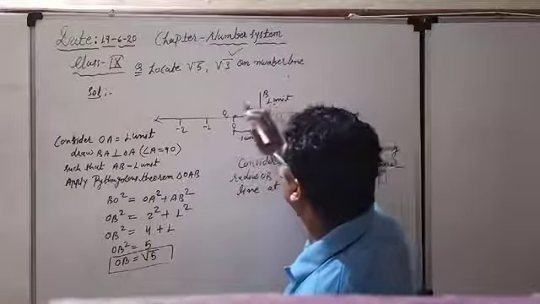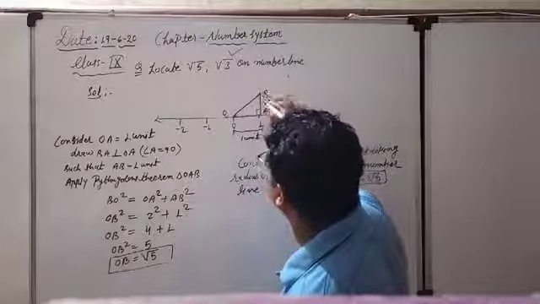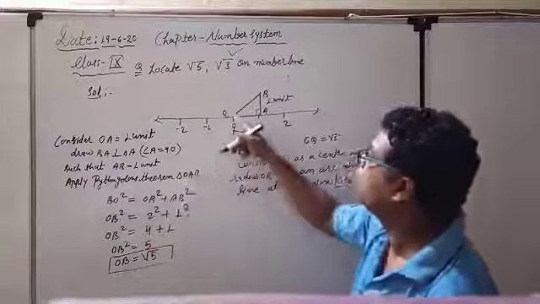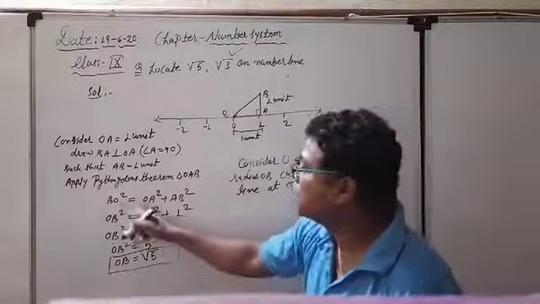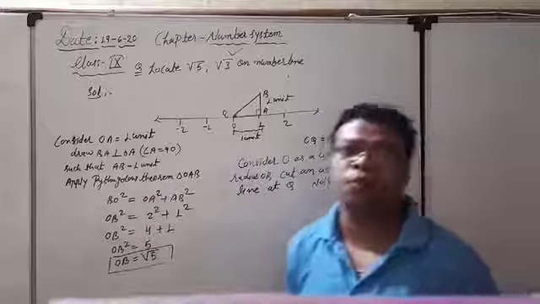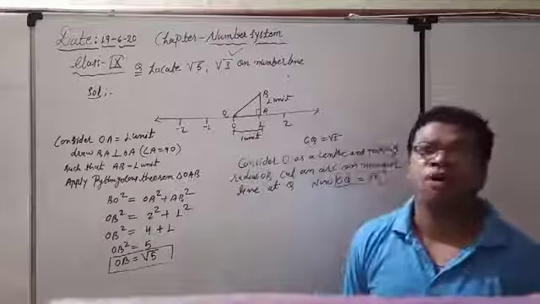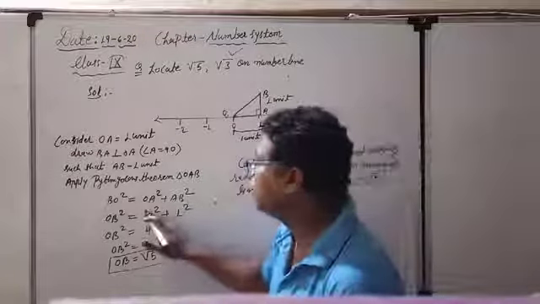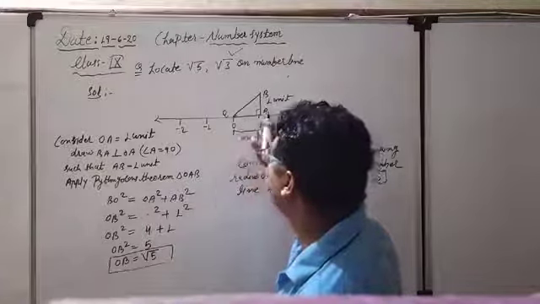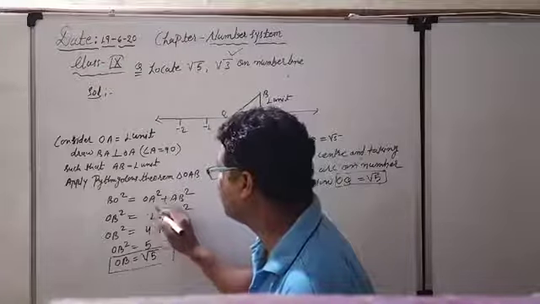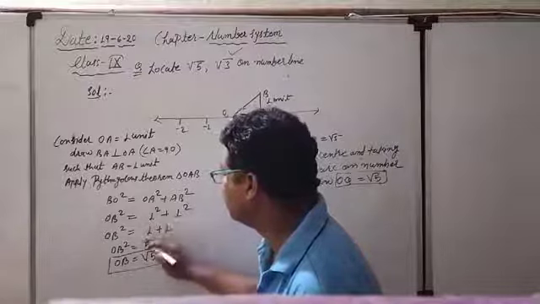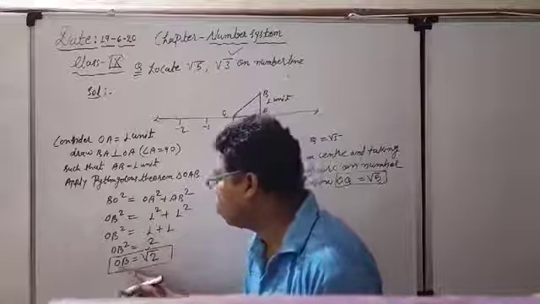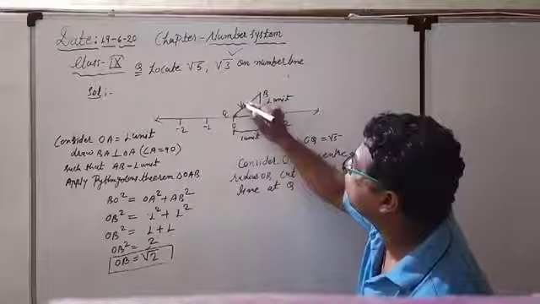This is 1 unit. And after that, first I will apply the Pythagoras theorem for finding BO. Apply Pythagoras theorem in the right angle triangle OAB. OB square is equal to OA square plus AB square, meaning hypotenuse square is equal to the sum of perpendicular square and base square. Same thing I have written. Only the things are going to be changed. Here OA is 1 unit, so it will be 1 square, again it is equal to 1. And 1 plus 1 is equal to 2. And according to that, OB equal to root 2.